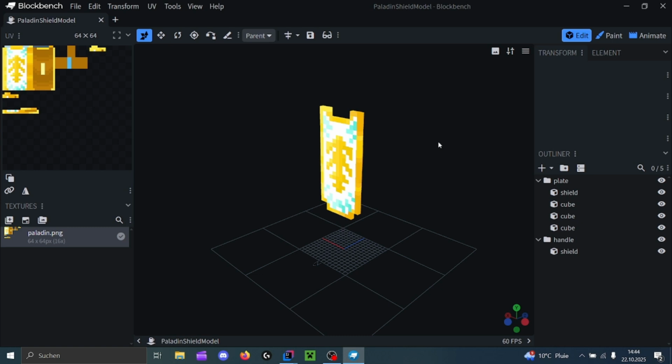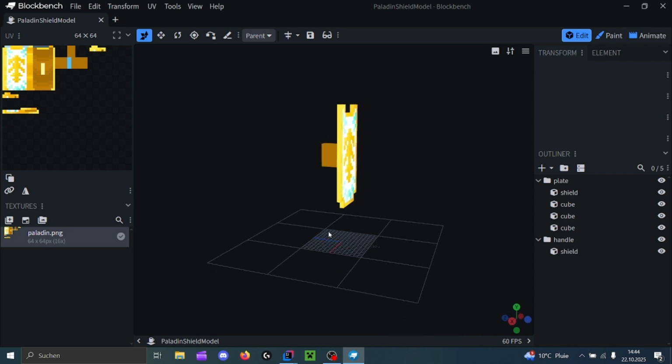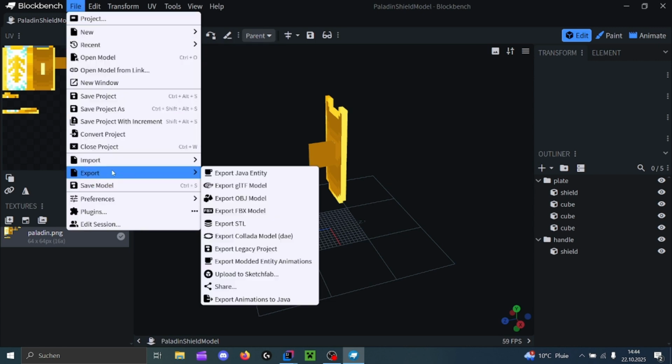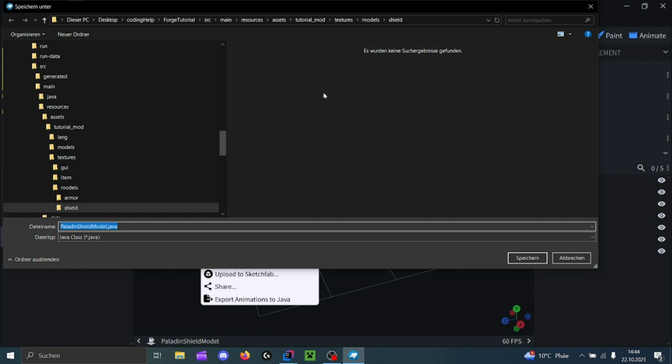In this tutorial, we'll be taking a look at how to make custom armor models for NeoForge and Forge. First of all, we'll have this model. You can find both this and the vanilla model with correct sizes and positions in the description. What you want to do is save this file, export as Java entity to